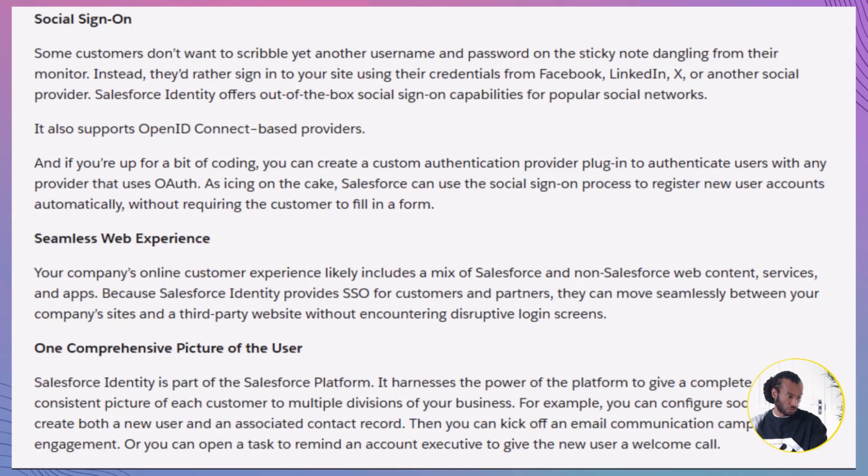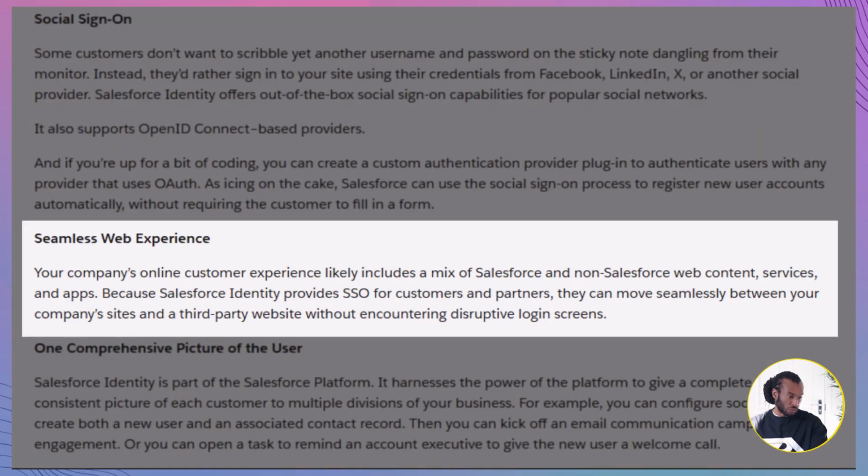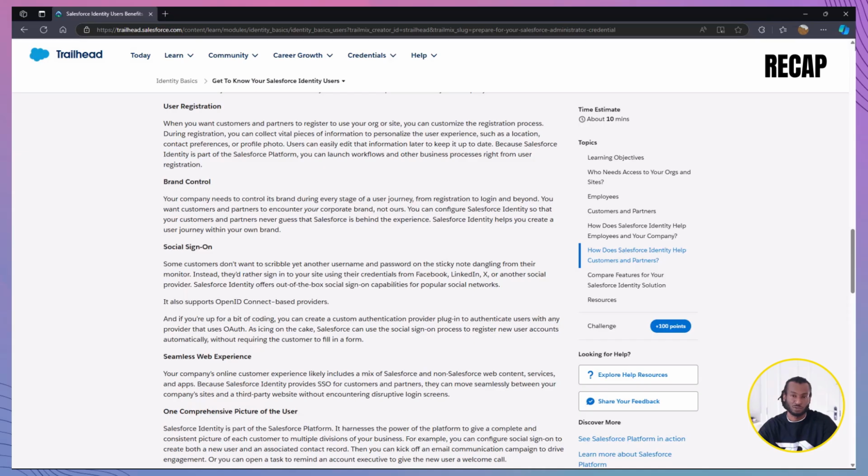Lastly, Salesforce Identity creates a seamless web experience. Users can move between different sites and apps without facing disruptive login screens, providing a smooth journey across all digital touchpoints. To quickly recap, we've covered how Salesforce Identity simplifies access for both employees and external users,